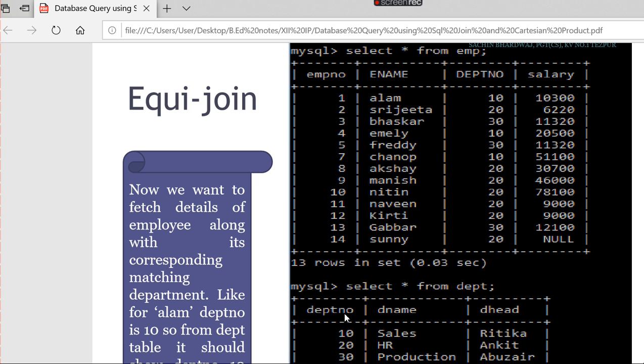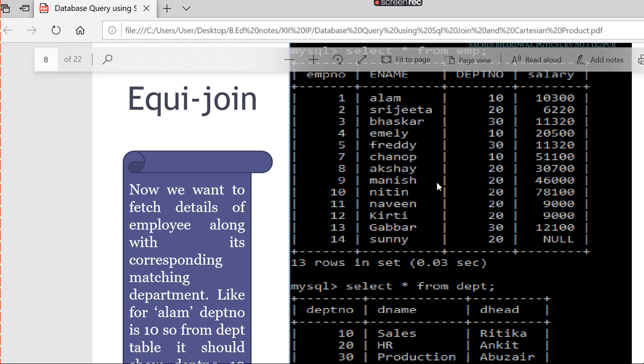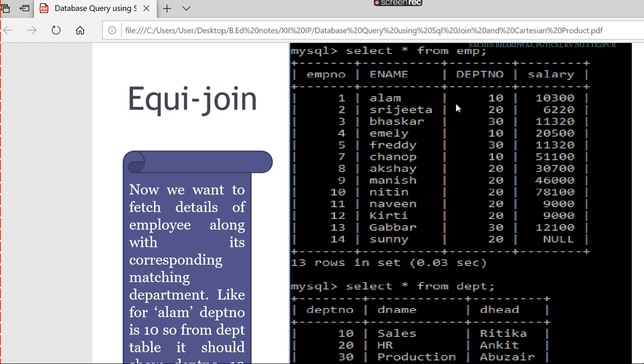Now in the next table, we are going to link two tables. In this syllabus, in this portion, we are going to join two or more tables. That is your syllabus. In this next table, department is there, so we are going to connect everybody. Alam is from the 10th department, which means the sales department.